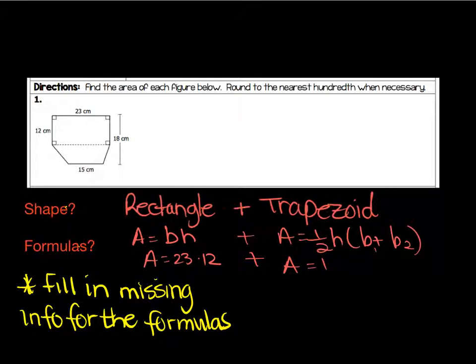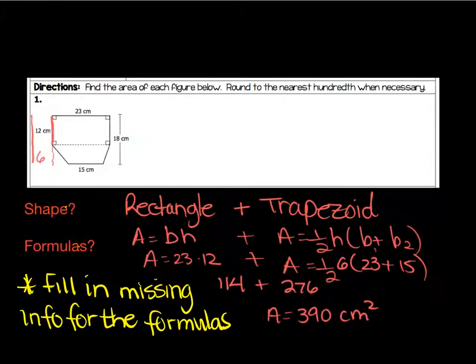The area of the trapezoid, we have work to do. The height of the whole thing is 18. So from here to here is 12. So from here to here is 6. So the height is going to be 6. The bases are 23 and 15. Let's go ahead and kick out the area of each one, and then we'll add it together. Here we go. 114 for the area of the rectangle, 276 for the area of the trapezoid, totaling 390 centimeters